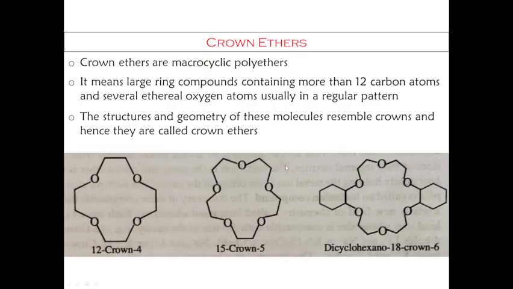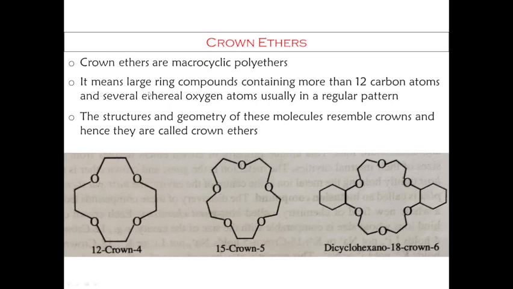Now we are entering another topic, crown ethers. It's a very small topic, crown ethers. You might have seen the crown ethers in aromaticity. We have just gone through the aromaticity chapter to show that many of these crown ethers are aromatic in nature. And crown ethers are macrocyclic polyethers. Macrocyclic means bigger cyclic compounds, and polyether means more than two C-O-C groups are there in a cyclic form.